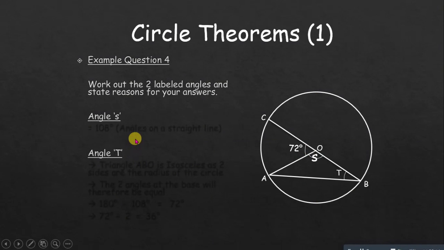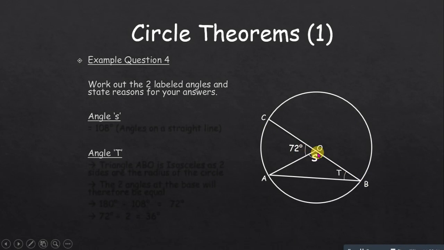Now the next one is example 4. Work out the two labeled angles. State reason for your answer. So the labeled angles here, we have S and T. We're looking for S and T. But we know 72, and that is angle COA. Angle COA is 72. They are on a straight line, which is a diameter